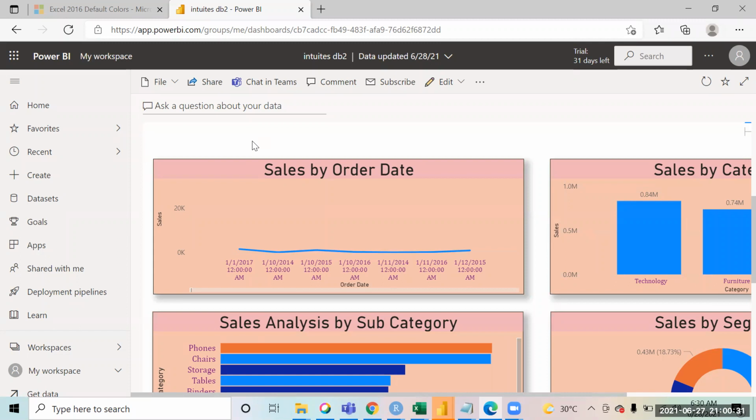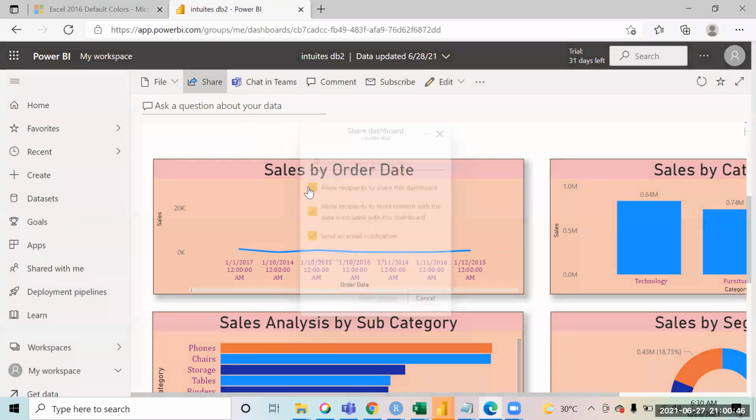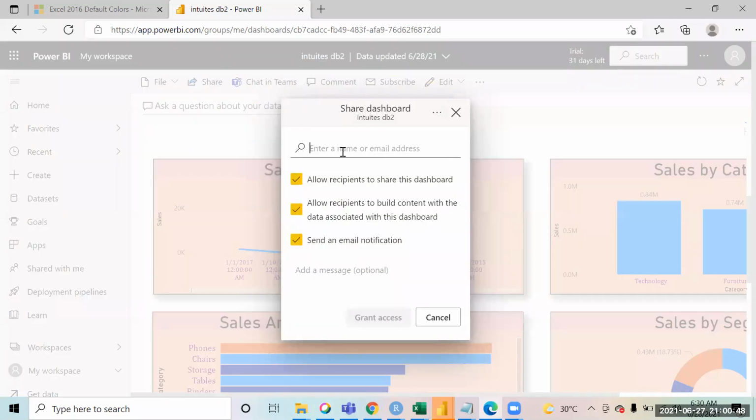Okay, and how can we share these dashboards with the senior management? Do they need Power BI access? Yes, they need a Power BI account. Every person should have a Power BI account. You just click on share and put in his email ID, the person with whom you want to share it.